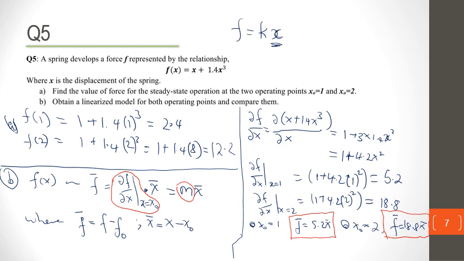Now we need to compare them. When we compare them, we see that what is the difference here? You can see that the slope here is much bigger than the slope at this point, right? I think that's what we can see. The structure of the linear model is the same. It's f times